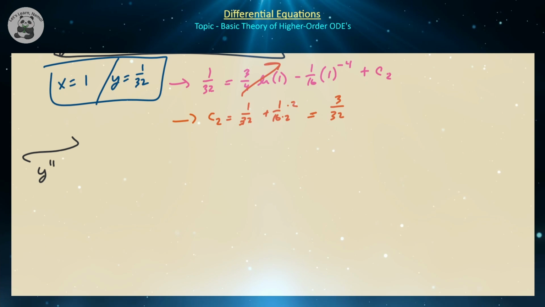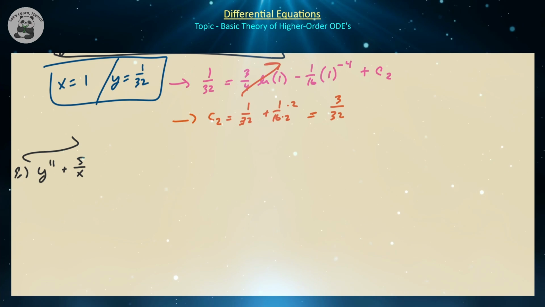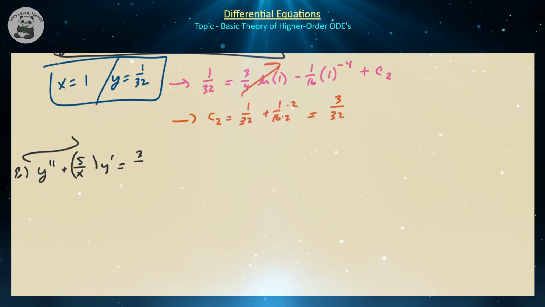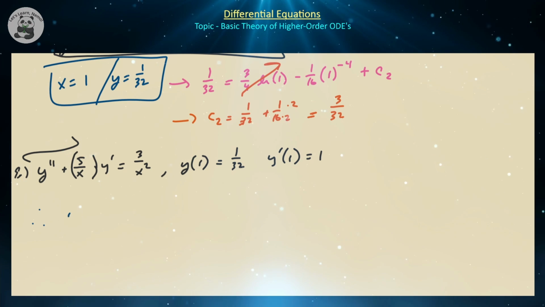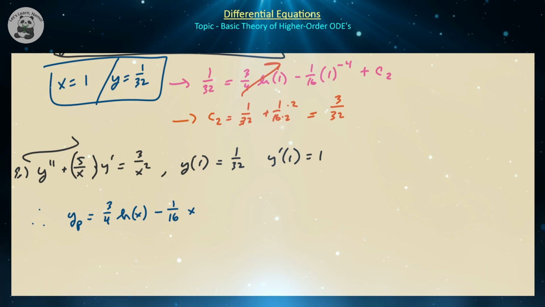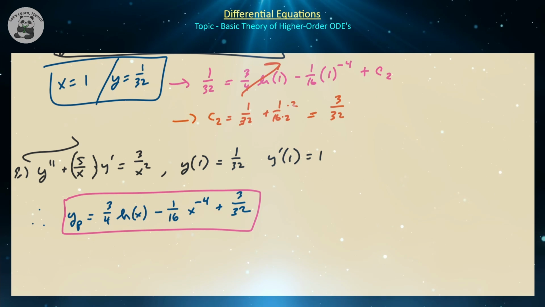So we had y double prime plus 5 over x y prime is equal to 3 divided by x squared with the initial conditions y of 1 equal to 1 over 32, and y prime of 1 equal to 1, and we have found that our particular solution, which I'm just going to call yp, is equal to 3/4 times the natural log of x minus 1/16 x to the power of minus 4 plus 3 divided by 32. And that is our solution to this second order differential equation, which of course